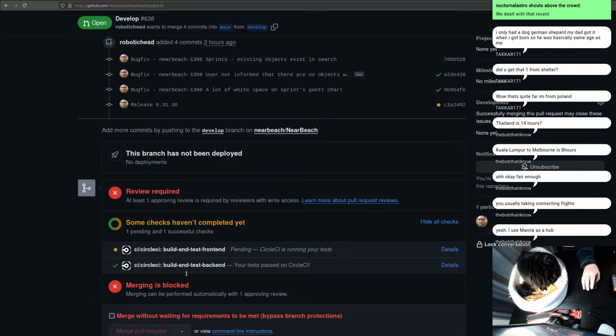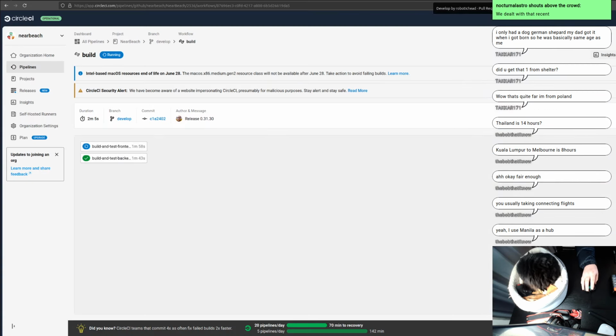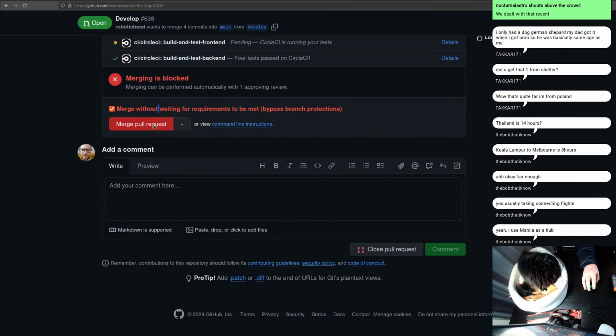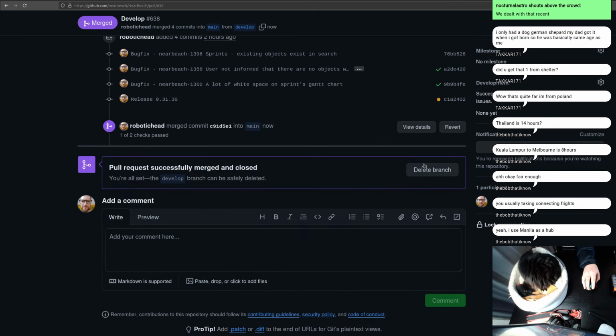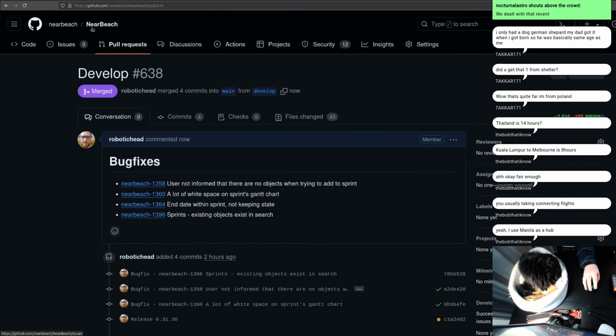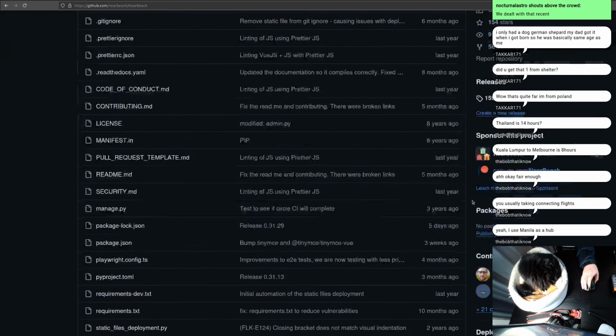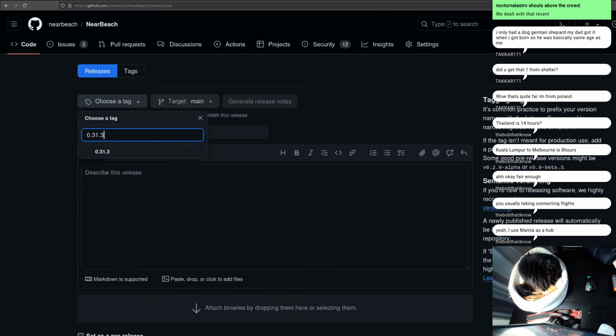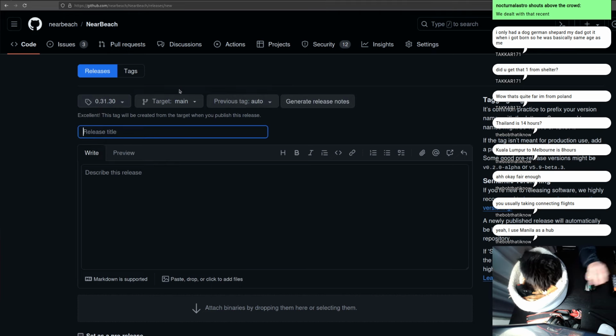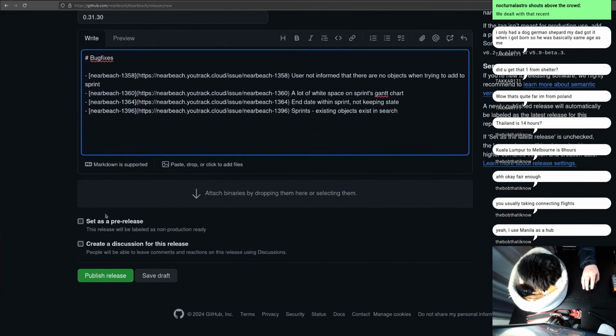So it's holding up on the Circle CI build, but I do believe it will pass. The backend has passed. I'm going to be naughty and just merge. We don't need to delete this branch. We do need to go to here and we need to create a new release. We need to go 0.31.30. We need to paste those in. We need this as